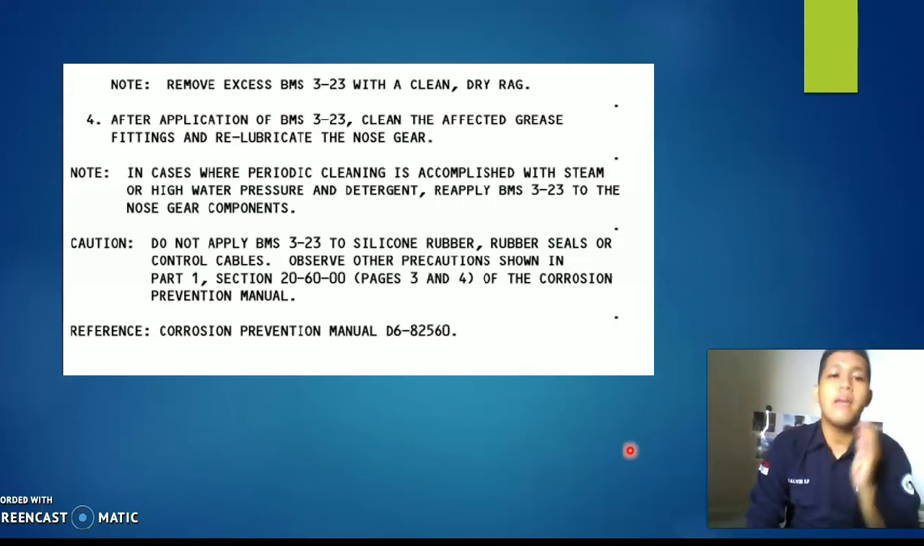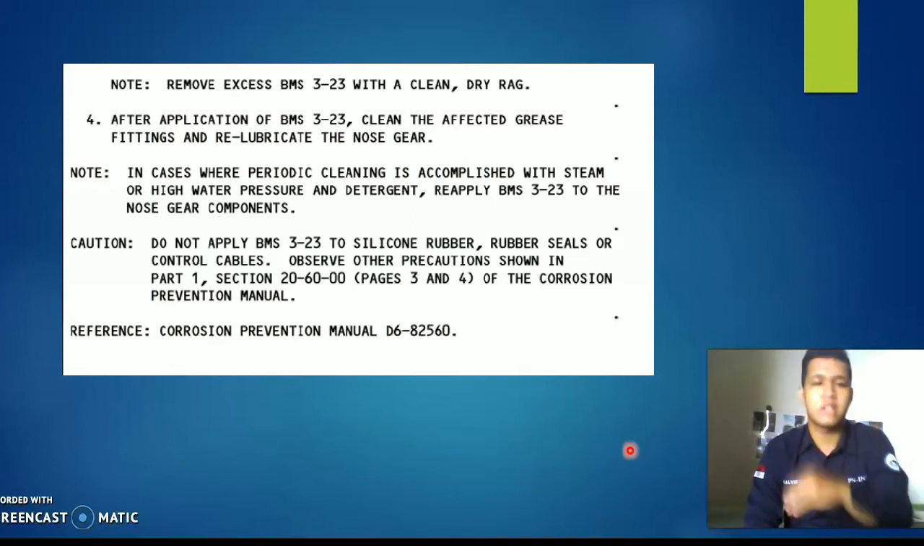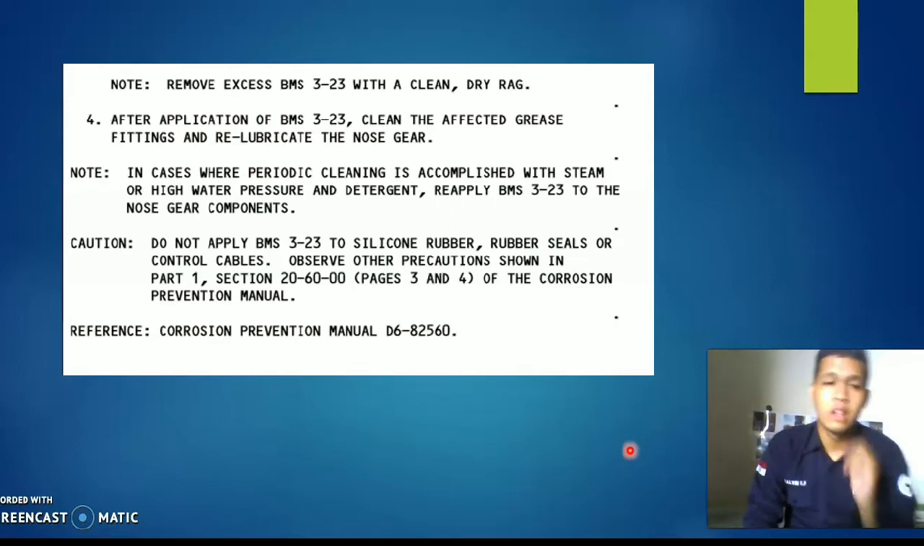Number 4, after application of BMS 3-23, clean the affected grease fitting and relubricate the nose gear. So we do cleaning and re-lubricate for the nose gear, and for main left and main right it is the same too. Note, in case when periodic cleaning is accomplished